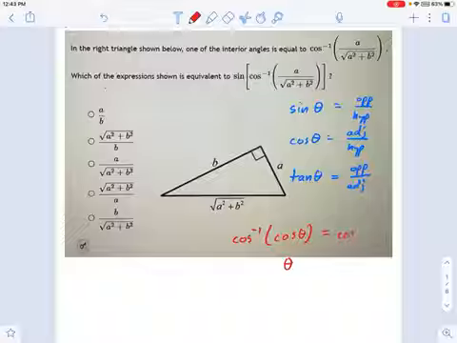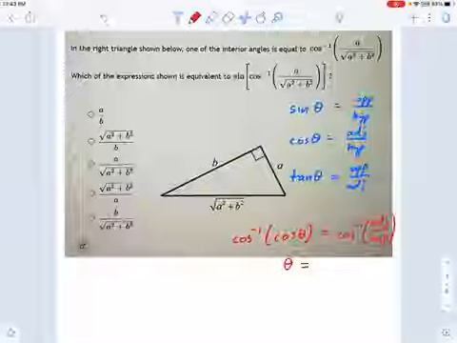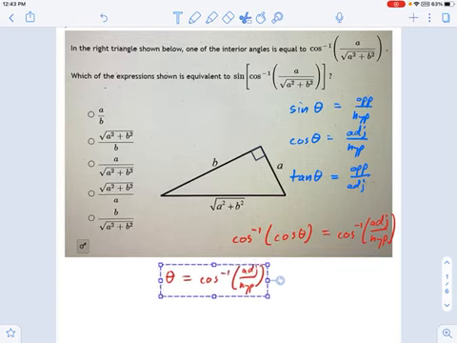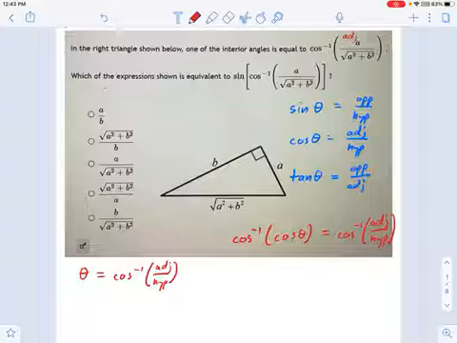And this equals the inverse cosine of adjacent over hypotenuse. So look at what we have here. Theta equals the inverse cosine of one side divided by another side. Okay. Now, let's talk about what we were given in this particular problem. I want to compare it to this. Notice that theta is an angle. So if I can figure out cosine inverse up here, that's where I'm looking now. If I can figure out which one of these sides corresponds to the adjacent and which one of them corresponds to the hypotenuse, I should be pretty good to go.